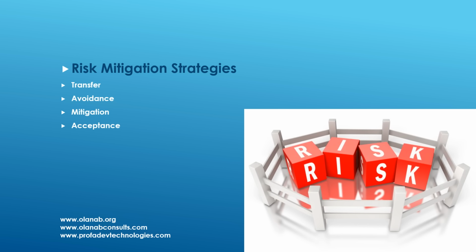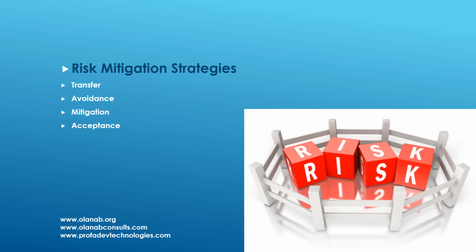Risk avoidance can be done in two ways: either by not engaging in the activity or by ceasing an activity. Not engaging in the activity involves avoiding the risks altogether by choosing not to pursue a particular project, venture, or activity. Ceasing an activity: if a risk becomes too significant, stop the activity or project that is associated with the risk.